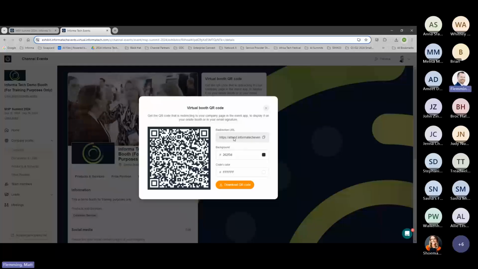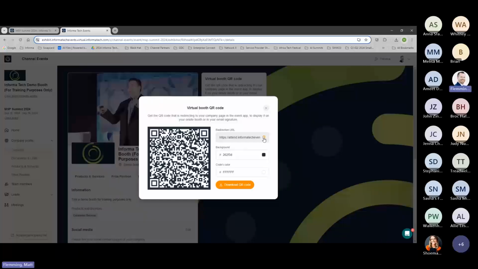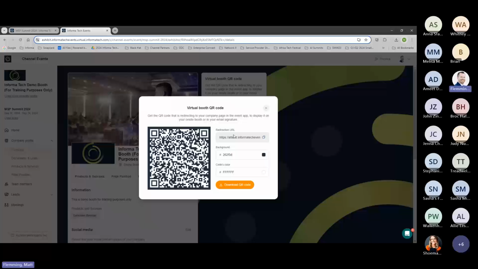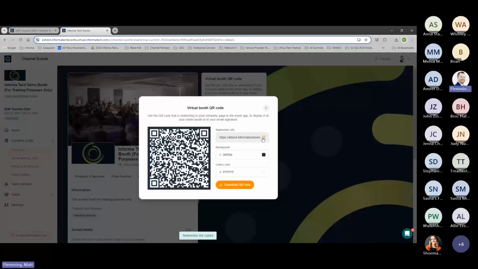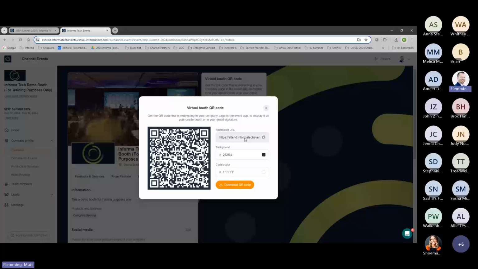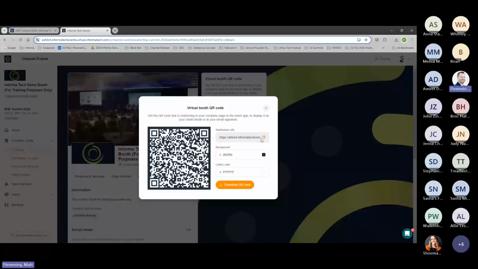In general, if you don't want to use the QR code, if you do want to have a direct link to your profile page that you want to share, simply open this and you can copy the redirection link, and that's the link that goes directly to your profile page. So you may not be interested in using the QR code, but if you want a shareable link,